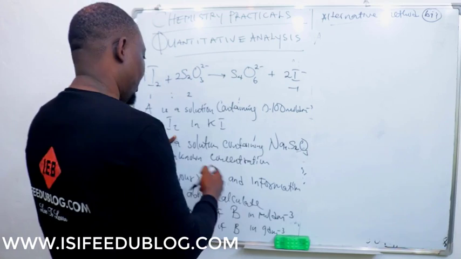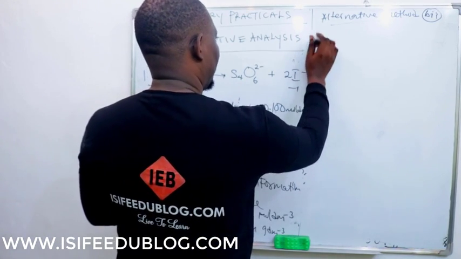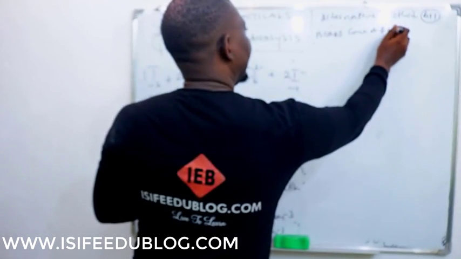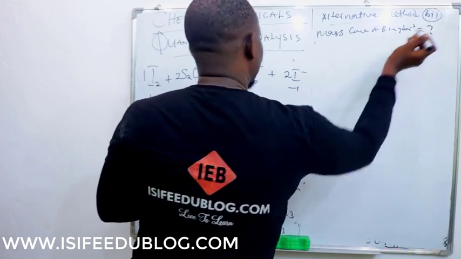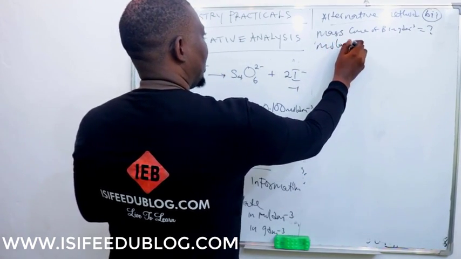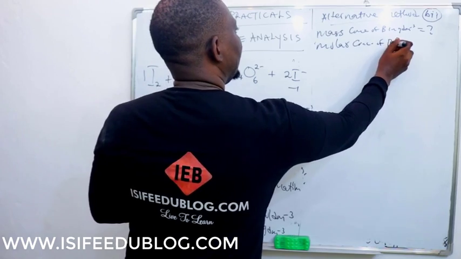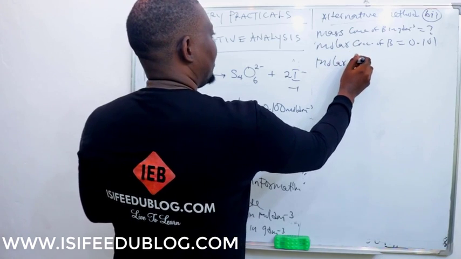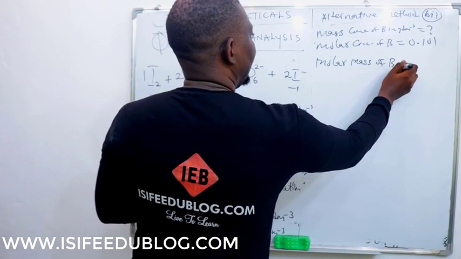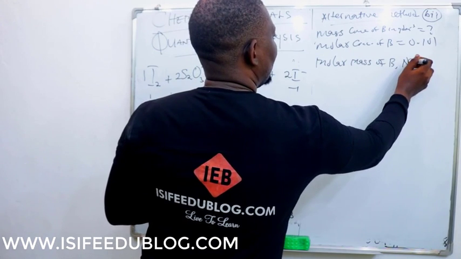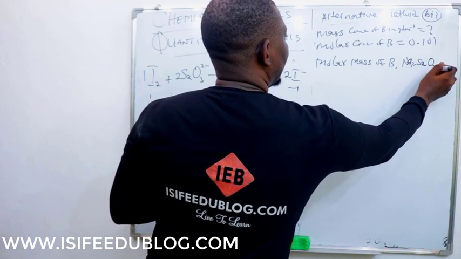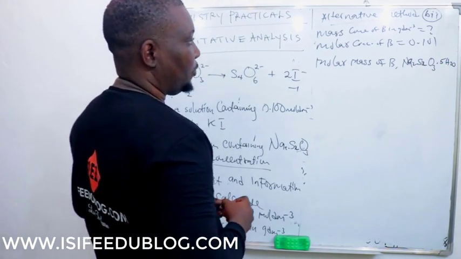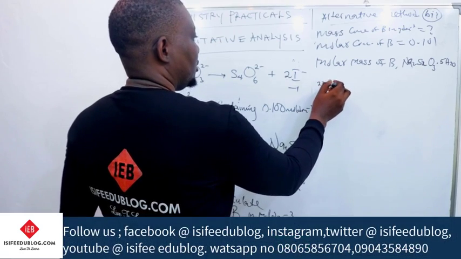So B is the unknown concentration. That means what is unknown here is the mass concentration of B in gram per dm³. Since we know that the molar concentration of B is 0.101, I can get the molar mass of B, which is Na2S2O3·5H2O. The mass of sodium is 23 times 2